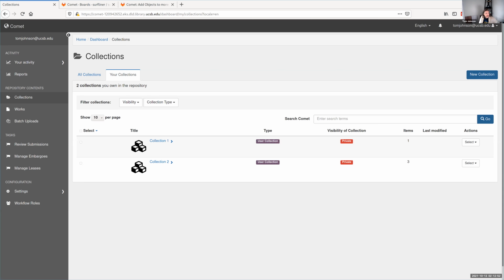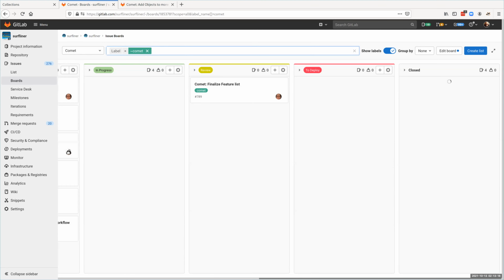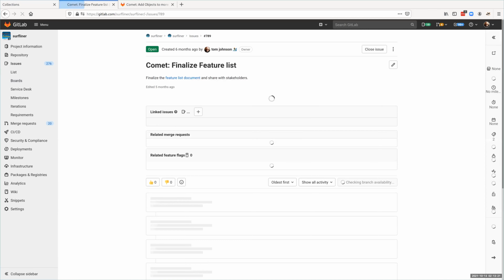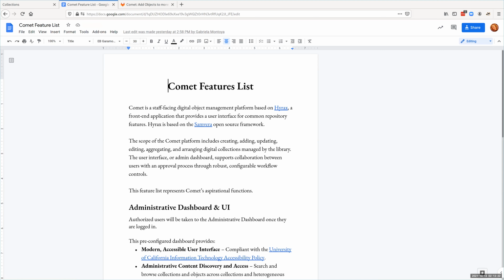I guess, Gabriella, do you want to talk just briefly about the feature list, because that's another ticket that moved across the board quite a bit this sprint, before I talk about what's up for next sprint? Sure. I think we've been meaning to share out the Comet feature list with our stakeholders, but it's always taken a back seat to this work. It's gotten some movement in this sprint, if not the last, where it's almost complete, but I would like to have it vetted by our subject matter specialist experts before we share it out. But the hope is that I will be able to share it with both campuses to review, to comment by the end of this next sprint, which we're not really sure when it's going to happen,